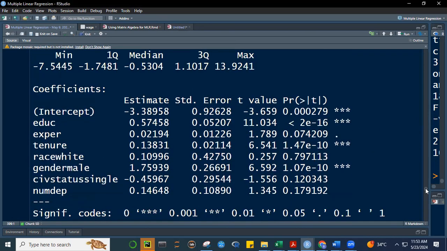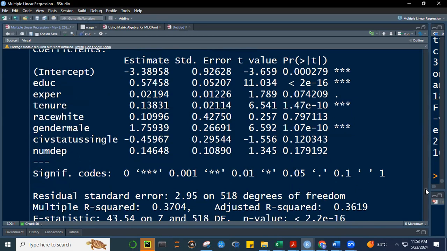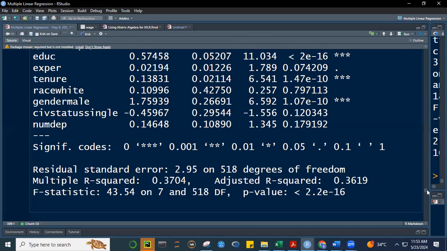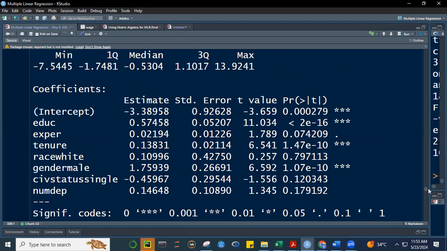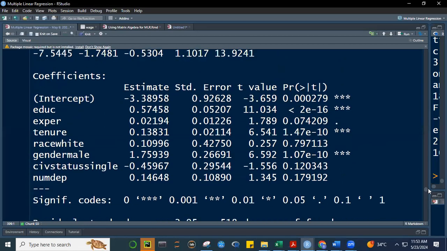So the question is, is that the final model? We have rejected 1, 2, 3, 4. Okay, the answer is no. Because we're going to use what we call stepwise regression. Stepwise regression is a process where we only remove one variable at a time. Okay, so last time we said that